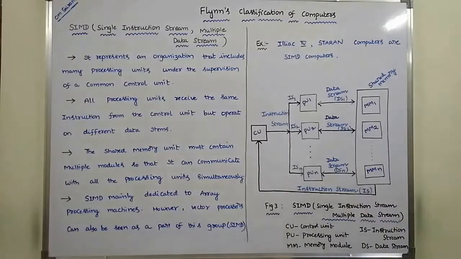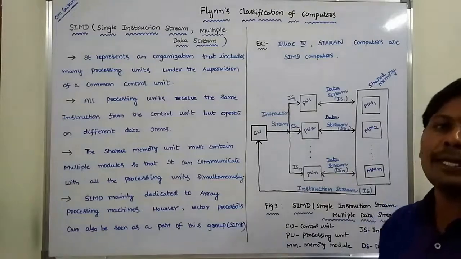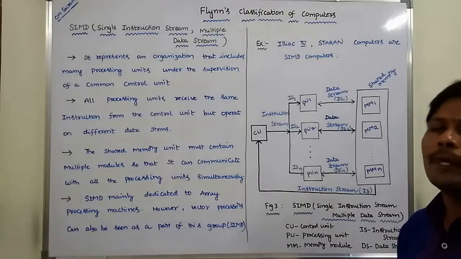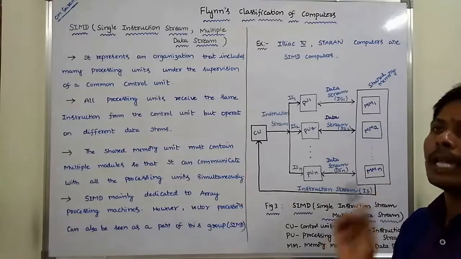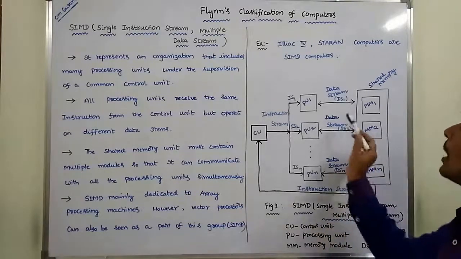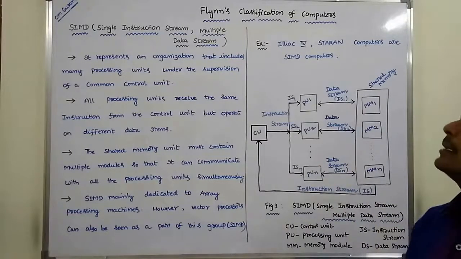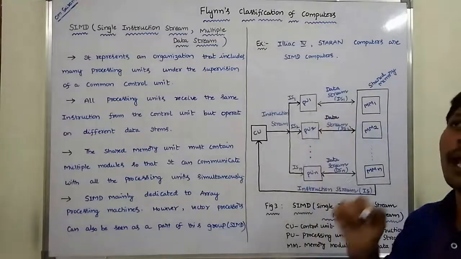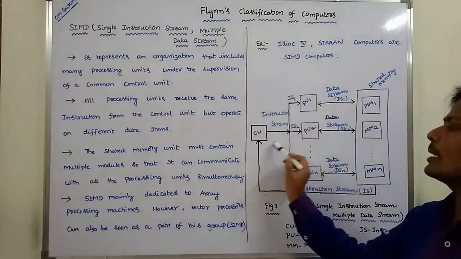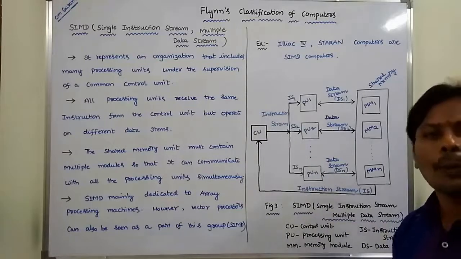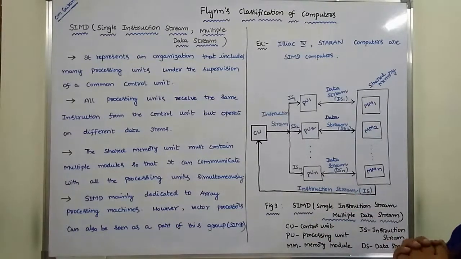Because of that, the shared memory can be divided into multiple memory modules. Each module can send the data to the corresponding processing unit. Then the processing unit can execute that data with the instructions that are sent from the control unit. So, the SIMD